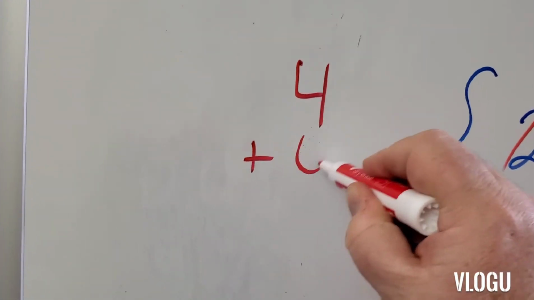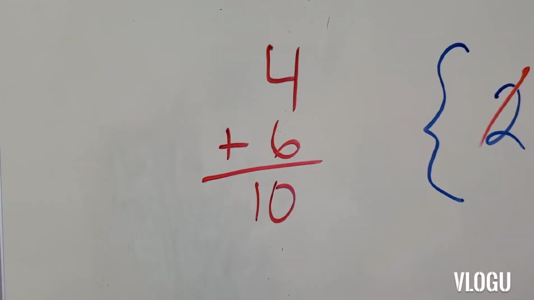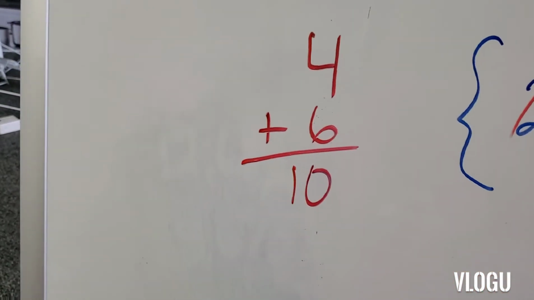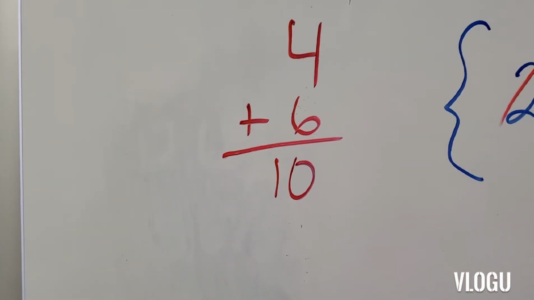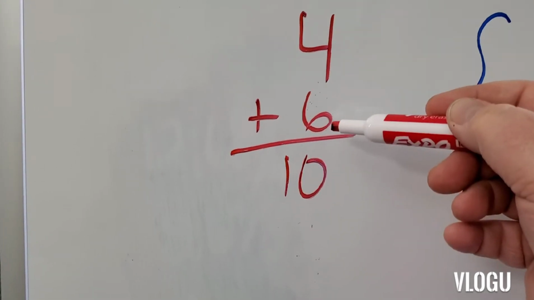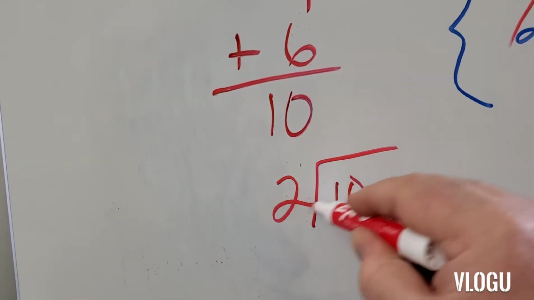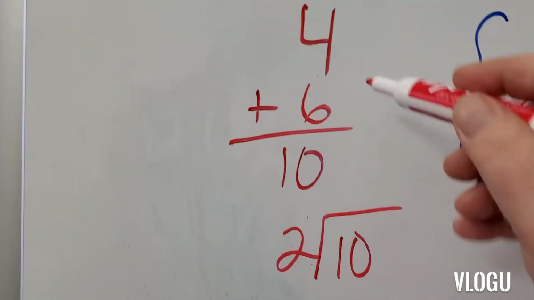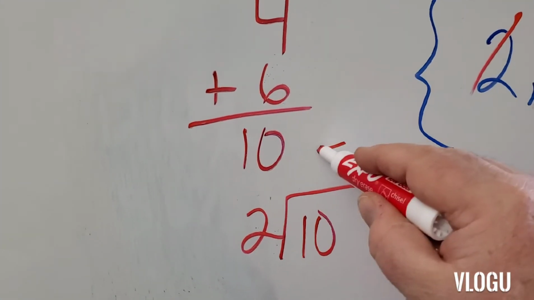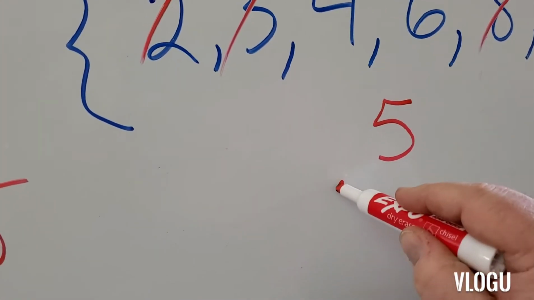Let's add 4 plus 6 together. 4 plus 6 is 10. Now we need to divide that by 2. We're actually going to find the mean of these two numbers. Well, if I need to find the mean or average of 4 and 6, I add them together and divide that sum by however many I added together. So this builds off of last week's lesson. 10 divided by 2 is 5, and so the middle or median